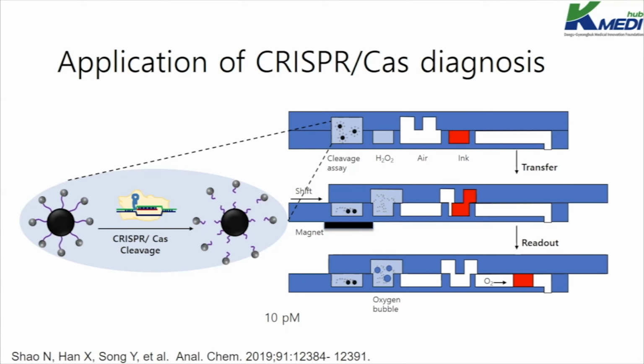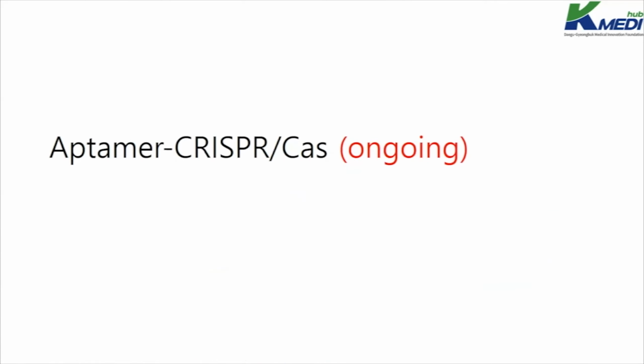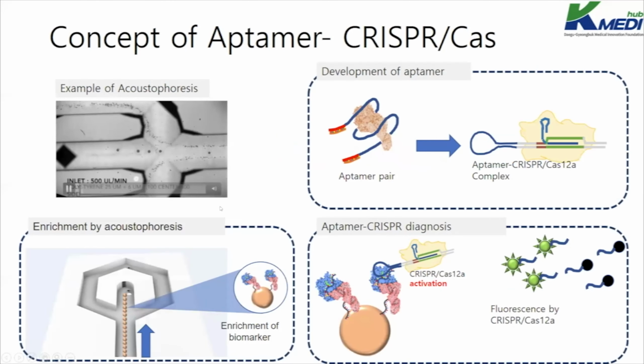CAS-based diagnostic system. So from this slide, I'm going to talk about my research, which focused on the screening of aptamer. This is the concept of the aptamer CRISPR system. The main advantage of this aptamer CRISPR system is that it is possible to detect protein biomarker instead of nucleic